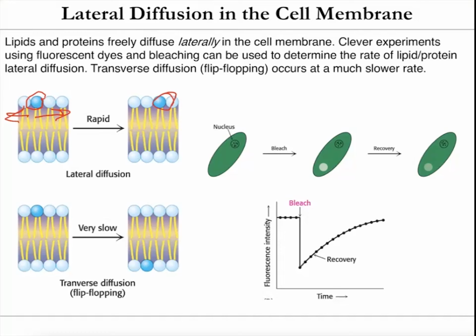So if you have a lipid in this position, it can move side to side through that membrane very rapidly. We know that from a lot of very clever experiments called fluorescence recovery after photobleaching, FRAP. You don't need to remember that, of course, but it's a cool experiment. What you would do is take a lipid or a protein in a cell membrane and label it with green fluorescent protein. You would attach a protein that fluoresces green, and you can see that under a microscope.